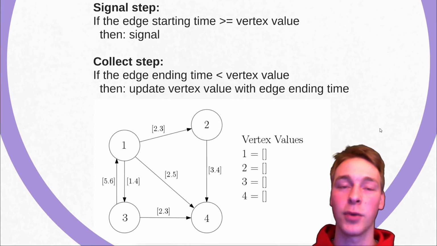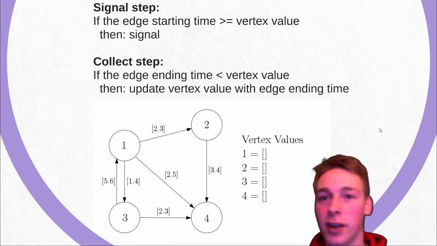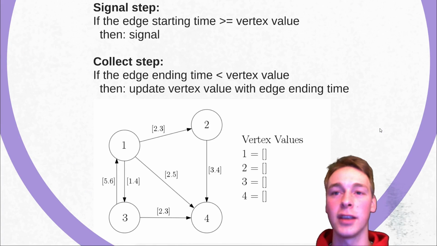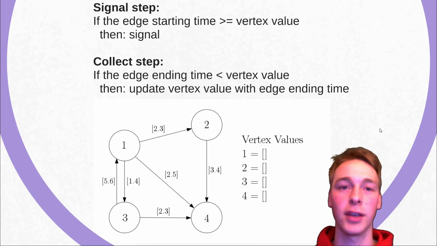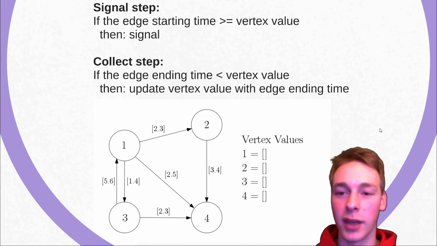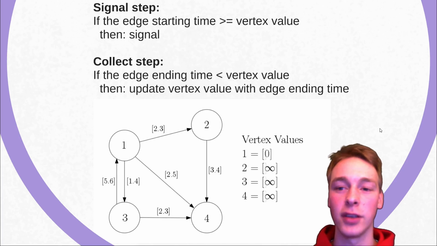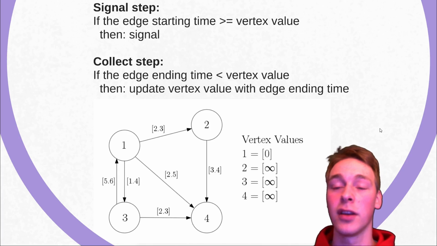With this, we have a signal step that looks if the starting edge time is larger or equal than the vertex value, and then it will signal it. And in the collect step, we will look if the ending time is smaller than the vertex value, and if that's the case, then we update the vertex value with the edge ending time. In the first step, we will initialize the values. We will set the first node value to 0 and the rest to infinity